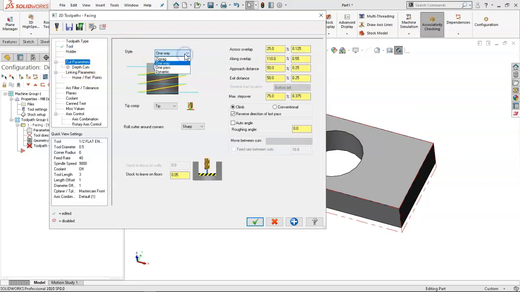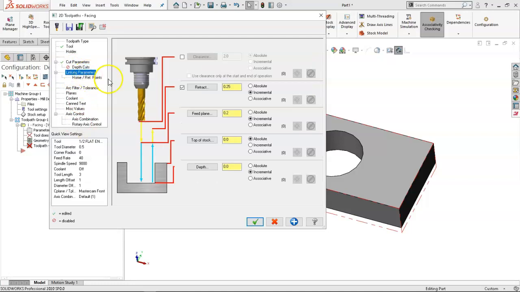Cutting parameters, low, we'll just zigzag. I do kind of like the dynamic. It starts at the outside and works towards the end. Zigzag also works pretty well. So we'll just leave the defaults. No, I don't want to leave anything on the floor. There are no depth cuts. The linking parameters, 0.25 above, 0.2. Top of stock is 0, depth is 0. That all makes sense. If I was going to be removing more material than just that basic 10,000ths cut, then I would want to bump these up accordingly,